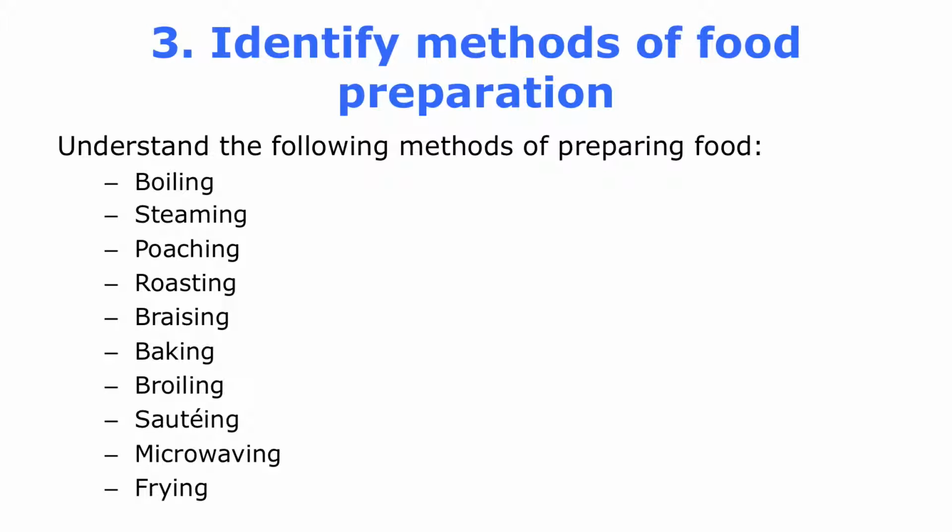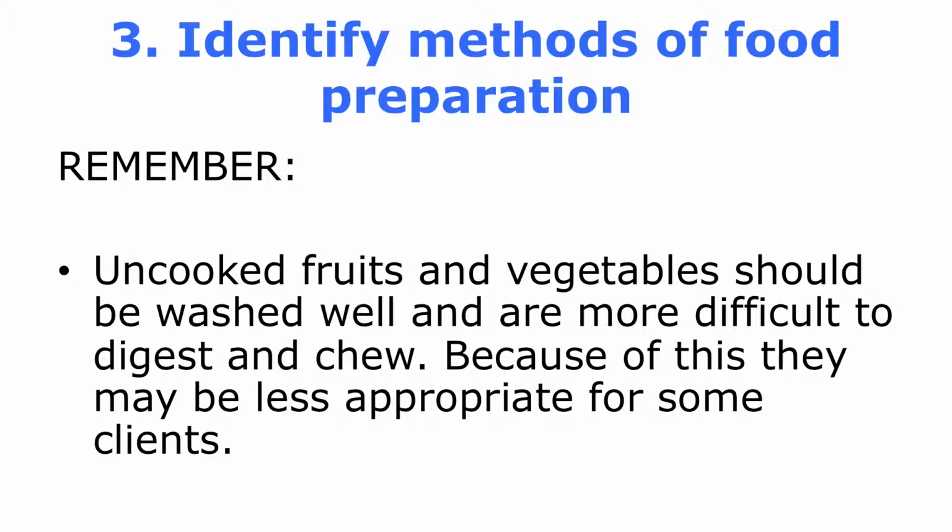We need to make sure that no matter what, the client is aware of what they're being prepared. And it's up to your facility to determine what they want you to do for the client. Also, you can involve the client's family with those questions and services that you can offer. Now remember, uncooked fruits and vegetables should be washed well and are more difficult to digest and chew. Because of this, they may be less appropriate for some clients. So for some elderly clients, maybe we should be serving them something that's been cooked a little bit, steamed, processed a little bit, because it's going to be easier for them to chew